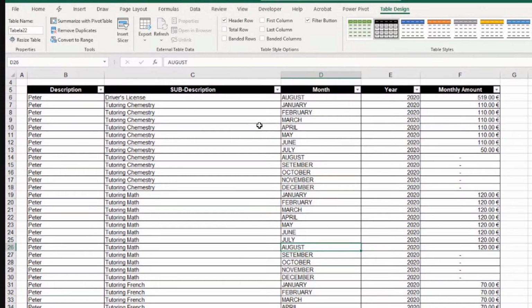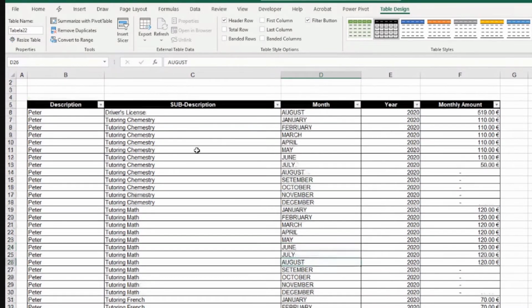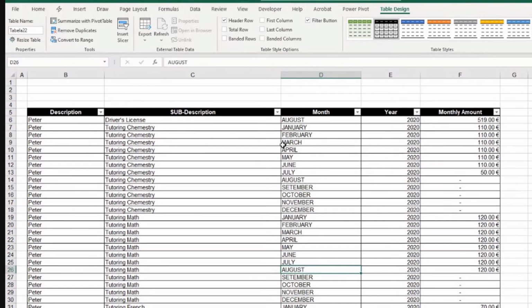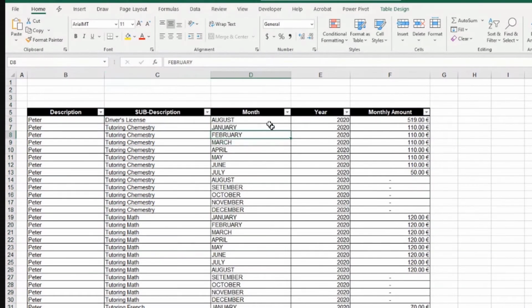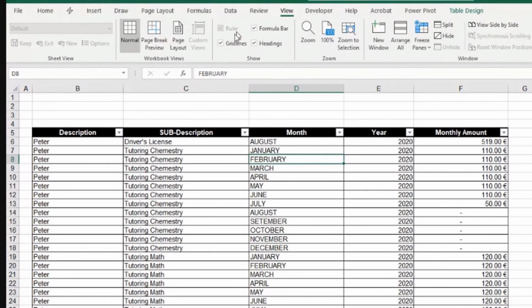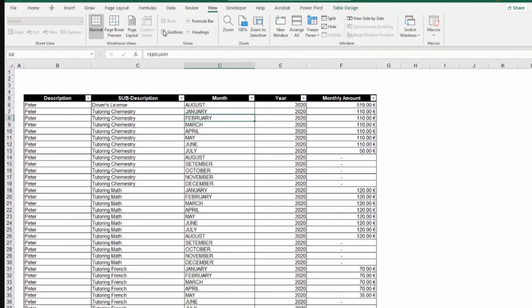I don't like the banded rows, so I'm going to uncheck that too. And we have a better, cleaner view already, at least for me. It's just my personal preference, it doesn't have to be the same for everyone. I would also come here to view and uncheck grid lines so that we don't have to work with the grid lines. It just makes everything so much cleaner. Okay,